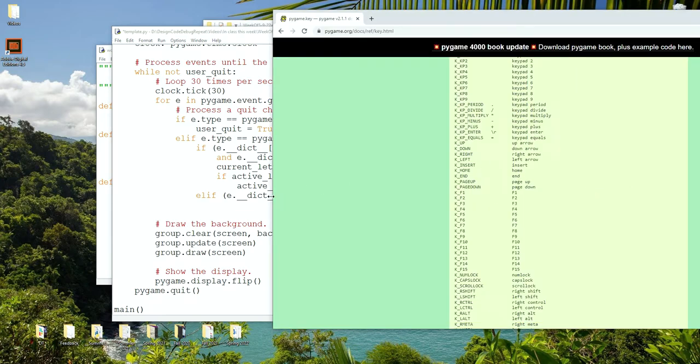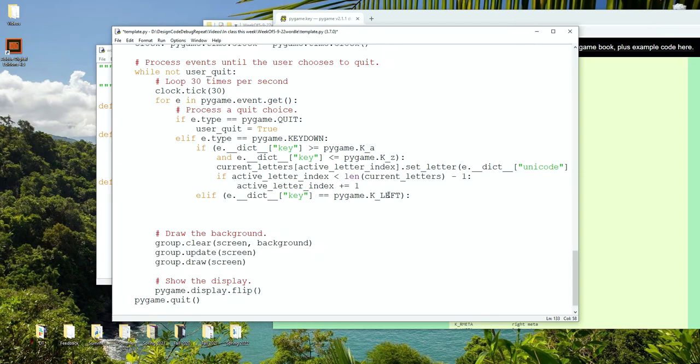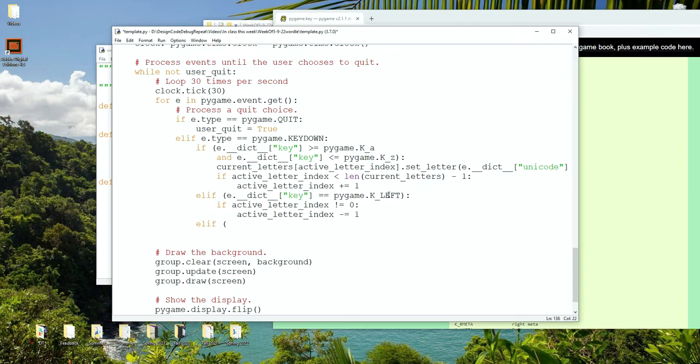It's all upper keys. Okay, then if we're not already all the way to the left, so if active letter index is not equal to 0, active letter index minus equals 1, and elif, and we'll do right, and we